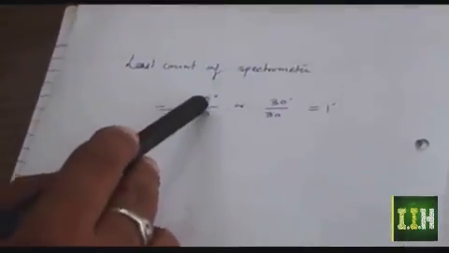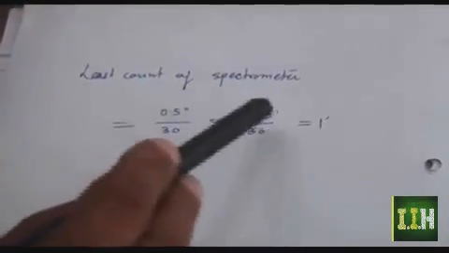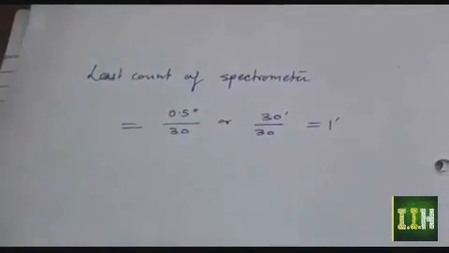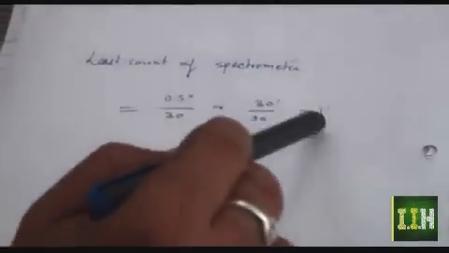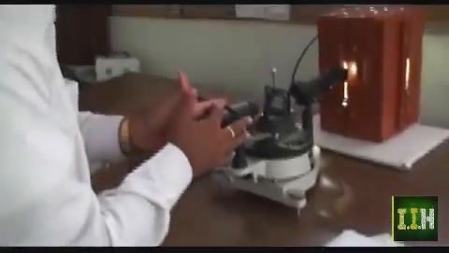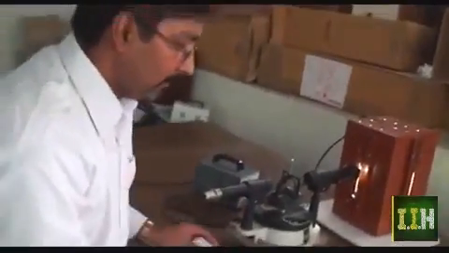So the least count of the spectrometer is now, that is the least count of the main scale, that is half degree or 30 minutes, and that is divided by the number of divisions on the vernier scale, that is 30, and so it is finally 1 minute. Now what we have to do, first of all we have to take the reading,